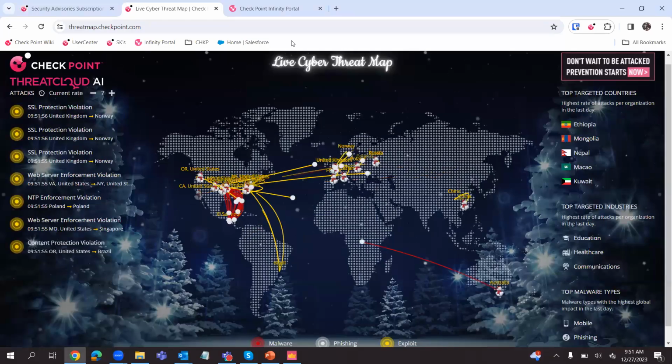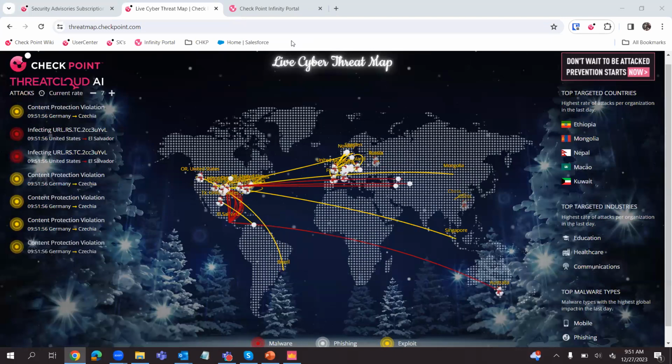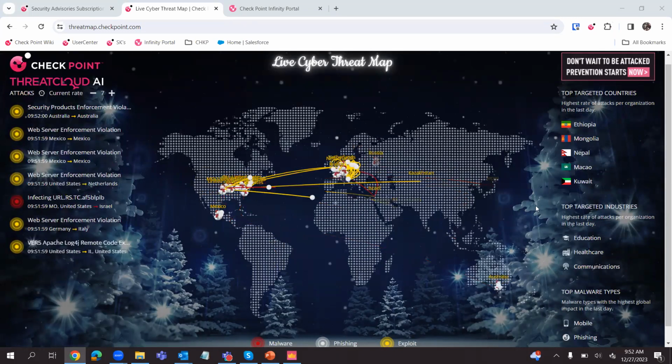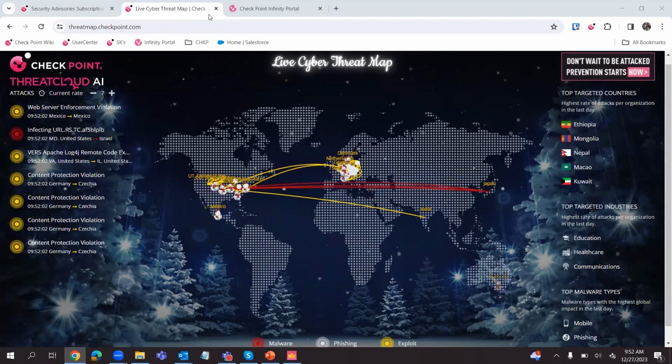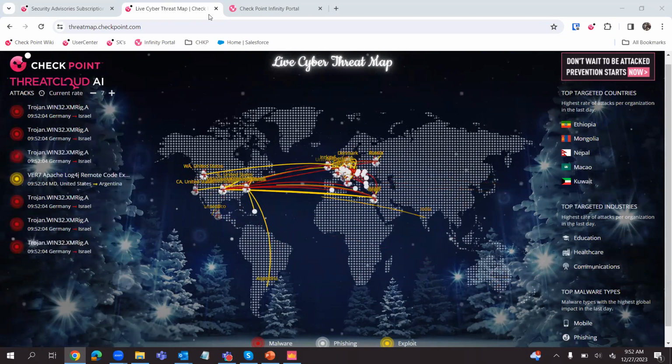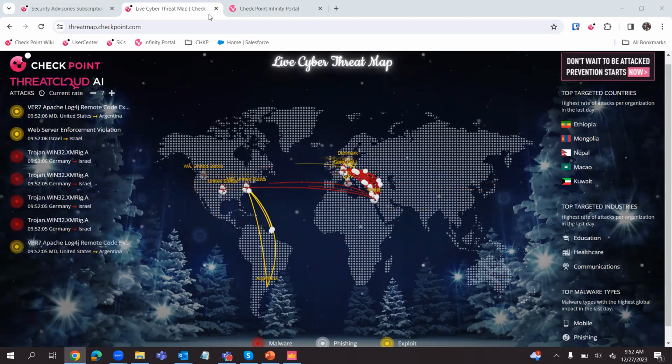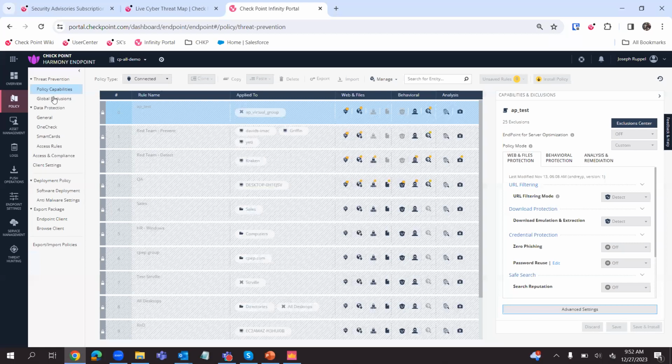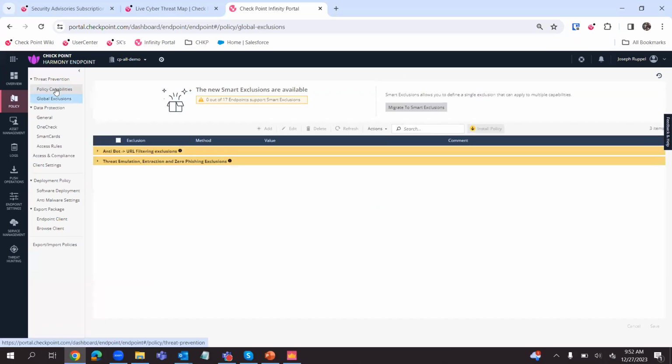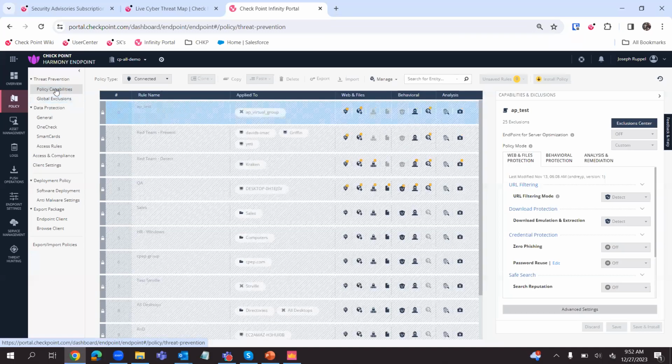Here is that threat view again, which is just a cool map to look at. And it's got the winter Christmas theme right now, which is cool. Where am I here? Get rid of this meeting controls. Okay. See if this is still live. Still live. Perfect. So here in Harmony Endpoint,